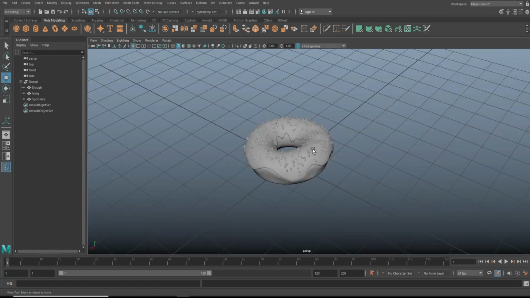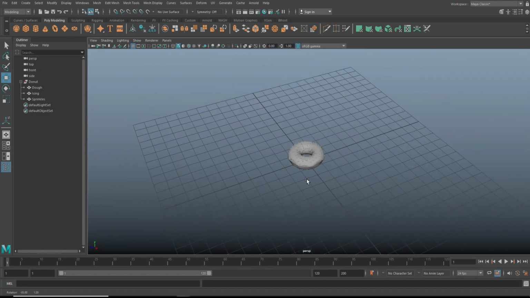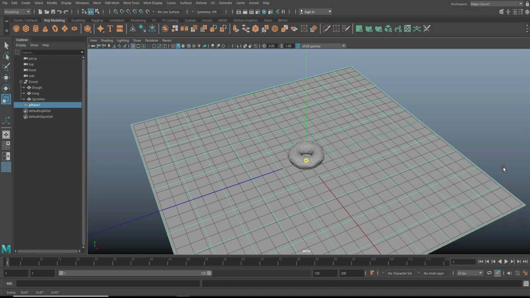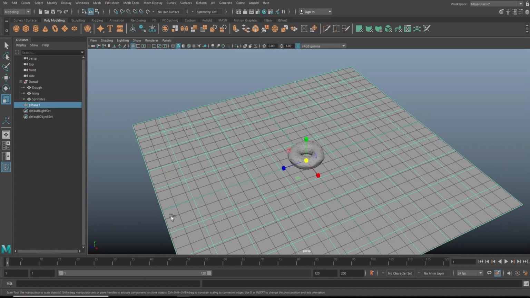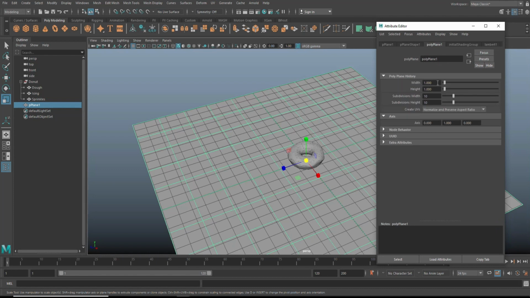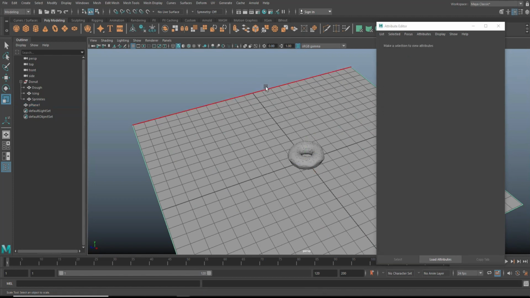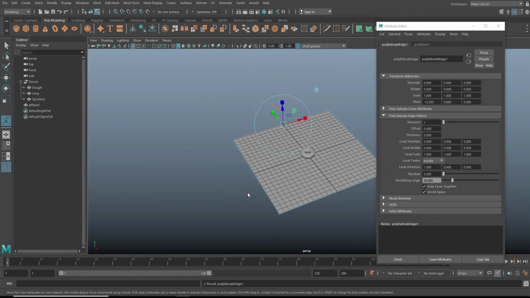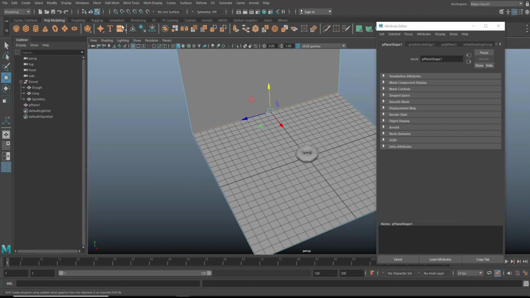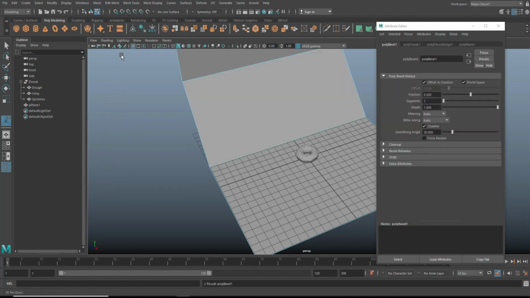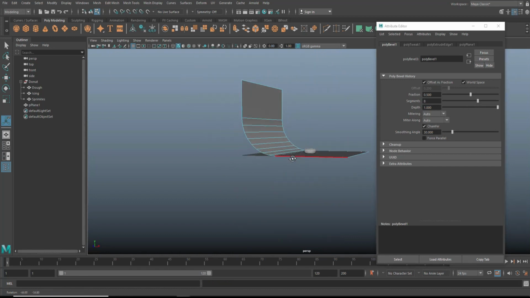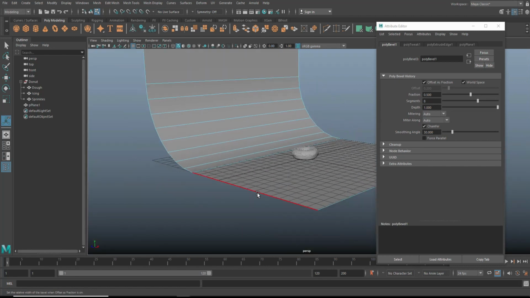All right, so what we're going to do next is set up a backdrop. So we're going to take a simple polygon plane. I'm going to hit R, scale that out, make it nice and big. And I don't need that subdivision there. So I'm going to hit Control A to open up the Attribute Editor. We're going to set subdivision level to 1 by 1, which is fine. And then I'm going to go back to Edge, select that, Control E to extrude, W to pull up, like that, right? Then I'm going to select this edge right here. We're going to go to Edit Mesh and Bevel. Let's set these segments to 8 or so. And yeah, we're good. Okay, so that's our backdrop for now.